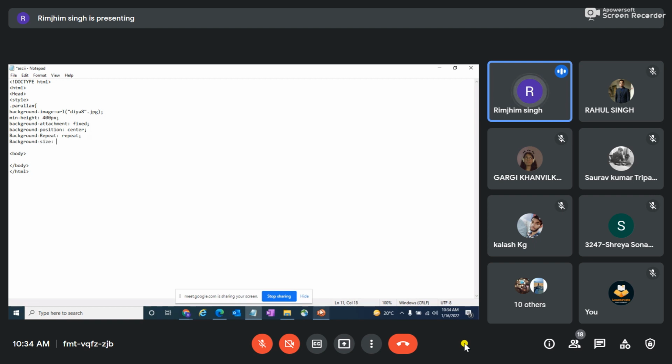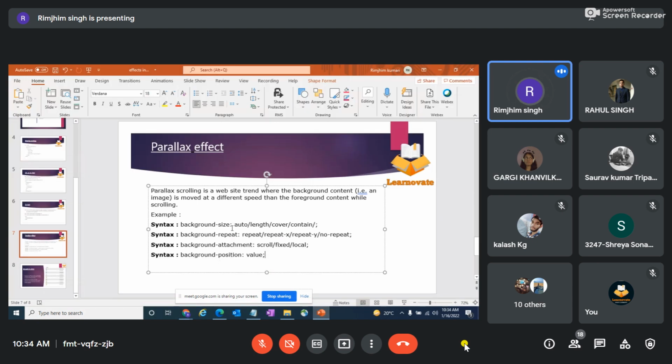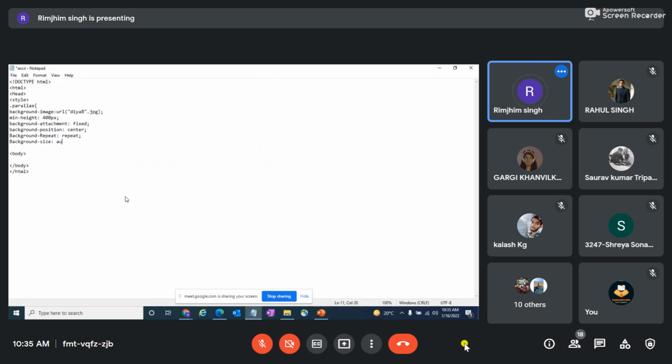The parameters for background size are mainly auto, length, or cover. So let's just give auto. And then I'll end my inline CSS with /style, and then let's end the header.